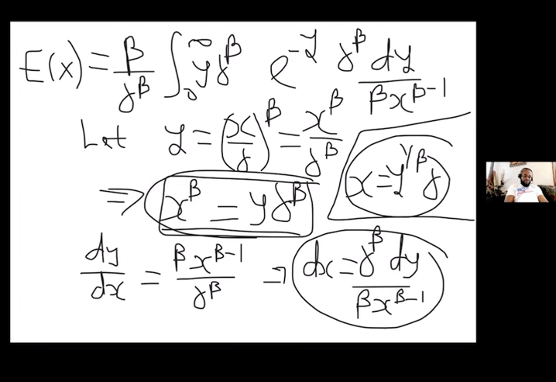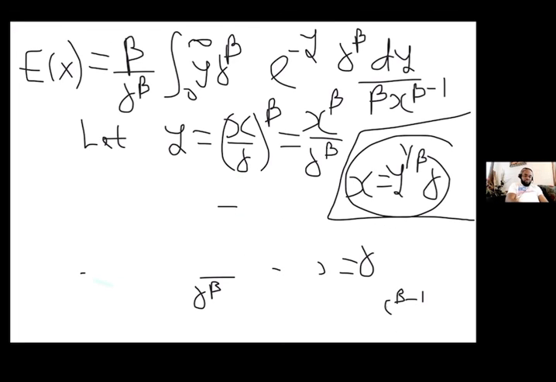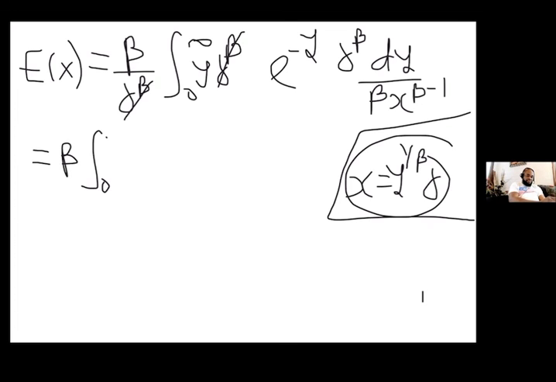Give me 1 second. I'm going to clean up. I'm not going to clean x because I'm going to substitute for x. The way it is now, I'm going to substitute for x. But before substituting, I can first do this. This cancels that, right? Okay, so right now I've got beta, 0 to infinity, exponential raised to power minus